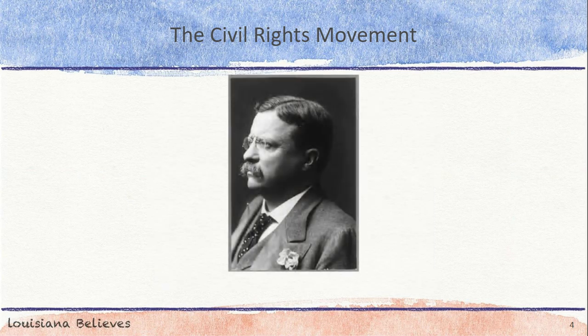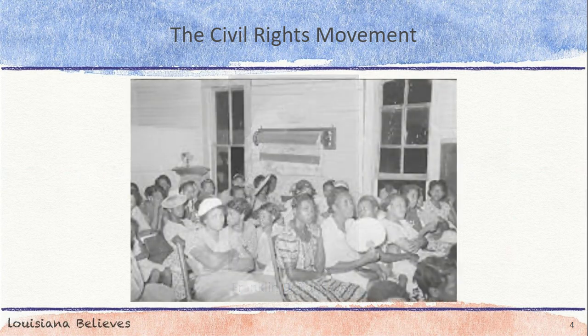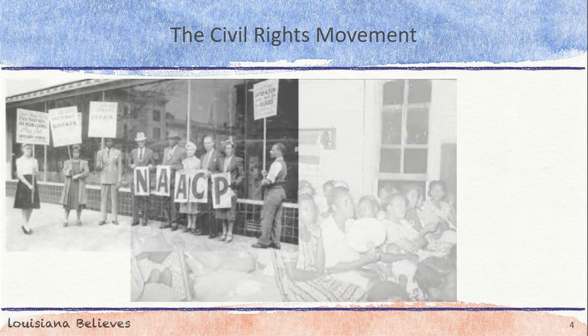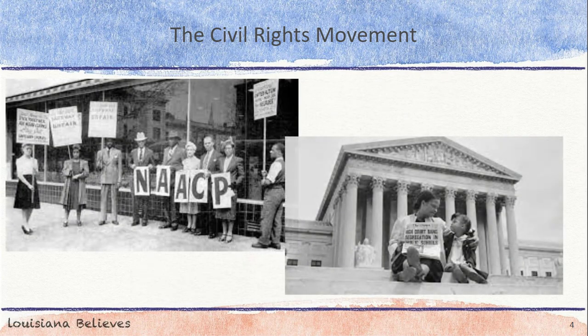During World War II, some progress was made as President Roosevelt outlawed discrimination in the defense industry. Moreover, as the country fought for freedom around the world, many Black Americans began to wonder why they did not enjoy those same freedoms at home. In 1954, a series of landmark cases testing segregation were pressed by the National Association for the Advancement of Colored People, or NAACP, culminating in the Supreme Court's ruling in the Brown versus Board of Education case, which unanimously outlawed segregation in public schools.